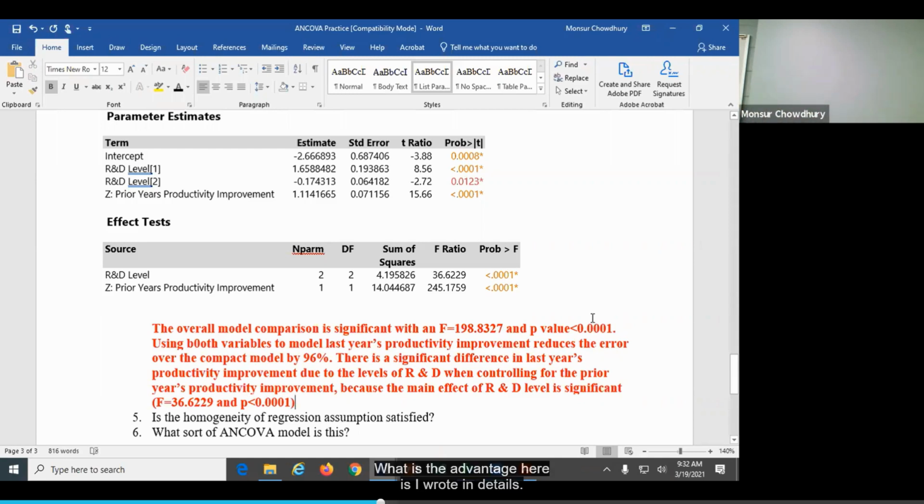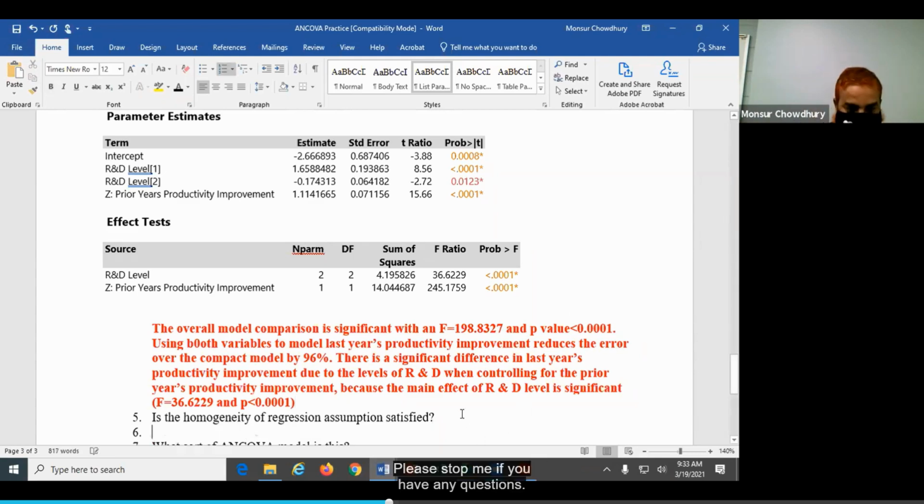I wrote in detail that, okay, when we fit the ANCOVA model, we can see that error sum of square is small, R square is very high. So we know R square is high, and also we can see that our target is to know whether there is a difference in the last year productivity improvement due to the R&D levels, and we can see yes, there is a difference when we control the effects of the covariate. What is the covariate? The prior year's productivity improvement.